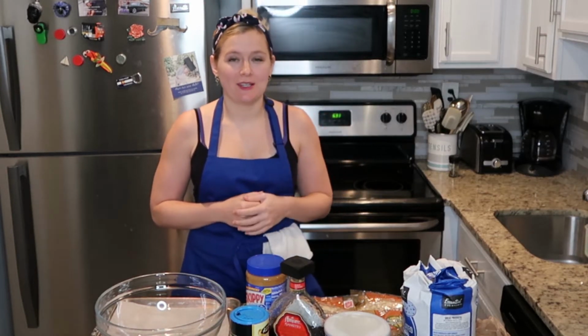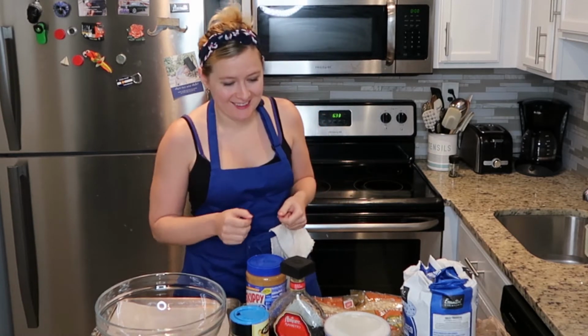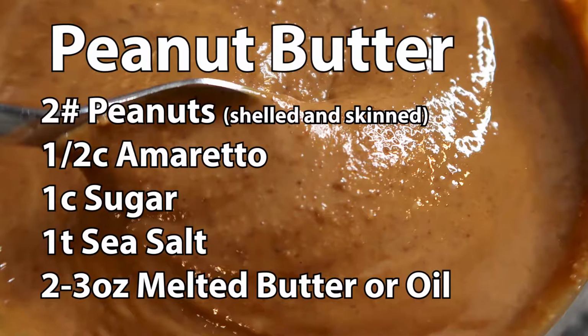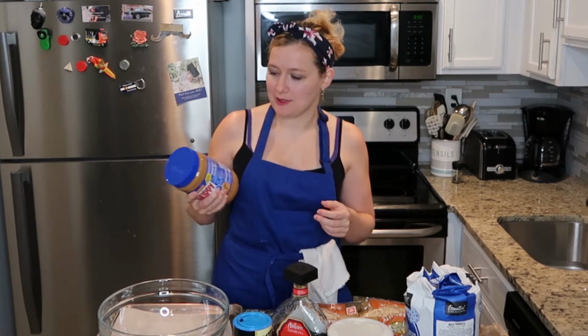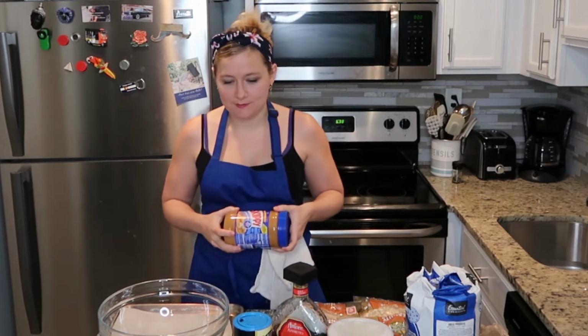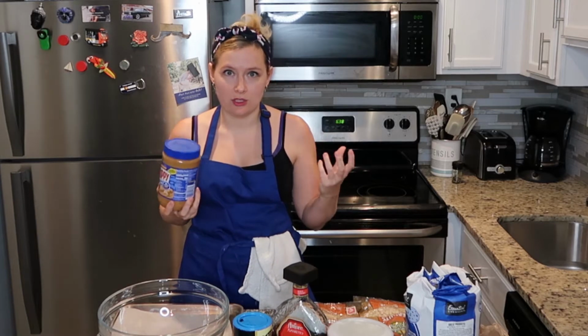So today we're going to be making what I like to call pastry chef peanut butter. It's not healthy for you, but I think everyone's favorite peanut butter is a peanut butter like this, right? Where it's full of sugar and hydrogenated vegetable oil. This is my particular favorite, but this is bad for you, and I think we can make a better version